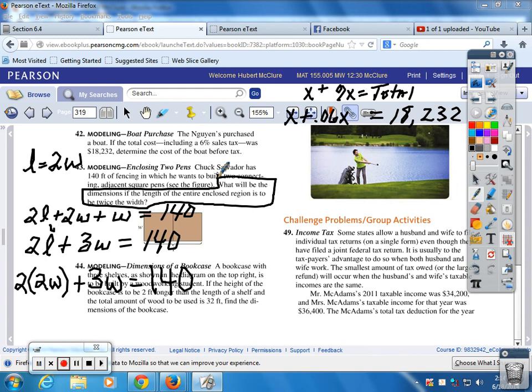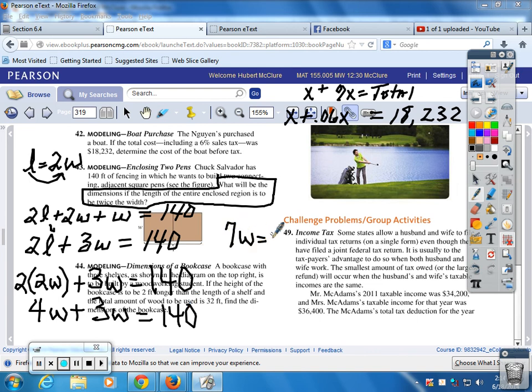Right here is telling you to change your L into what? 2W. Well, now what's 2 times 2W? 4W, and then what do you do with those two? You add them, yes, and that'll be 7W